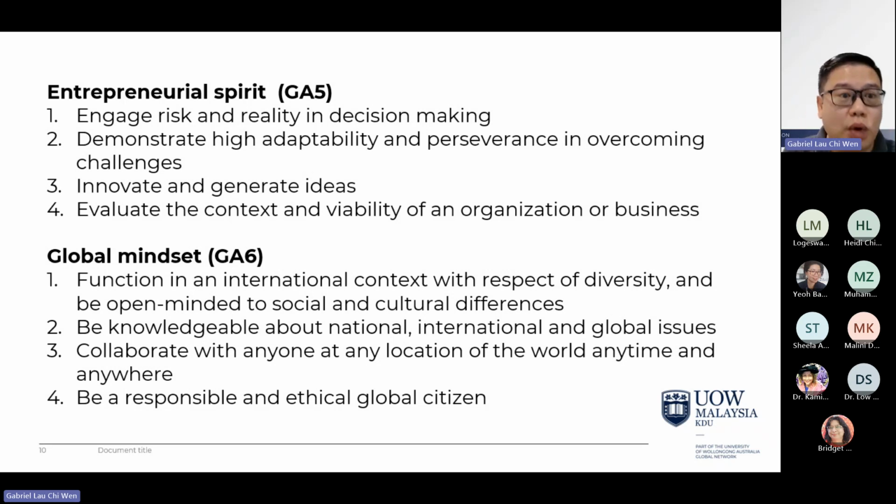So this is what we want to develop in our students for them to be able to see that this is a key graduate attribute that will be very valuable for them out there. Because at the end of the day, the company will see your value based on